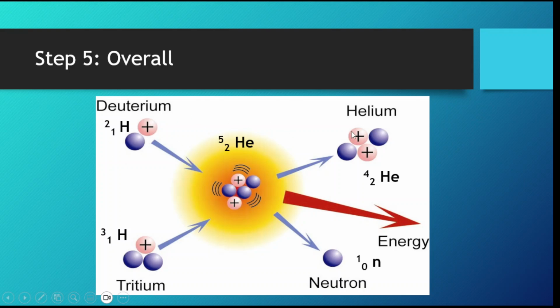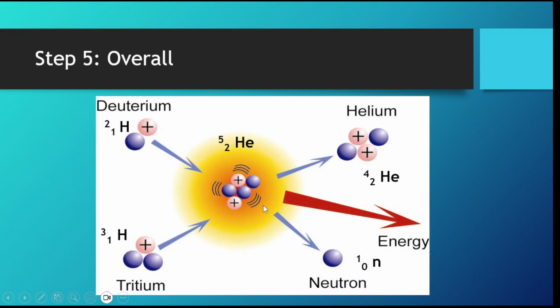In our overall, you don't have to draw this out. This is our overall reaction. So in fusion, we have two small atoms, a hydrogen 2 and a hydrogen 3. Remember, this is on the top of our periodic table because we learned the trend is our smaller atoms are on the top. They will collide together to make a larger helium atom, which has a mass of 5,